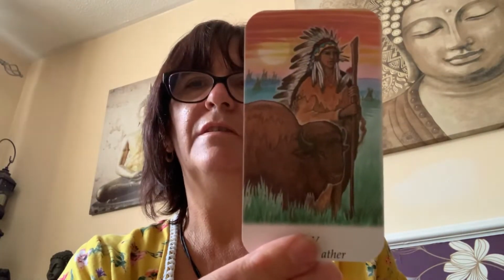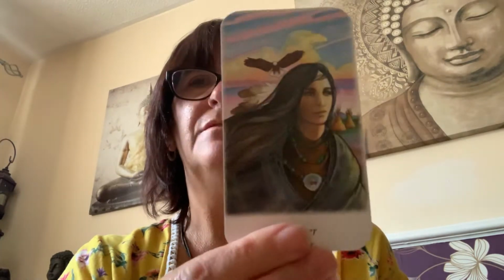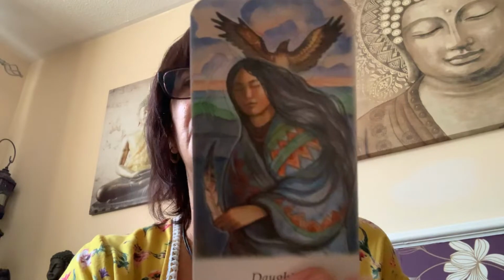Got the Grandfather, gorgeous card, Mother of Air, Three of Earth, and it does give you a keyword like the Three of Earth. It says growth. I just love the imagery of this. Son of Air, Vision Quest, Eight of Fire is in sight, Seven of Earth,